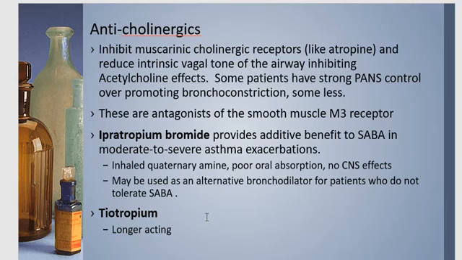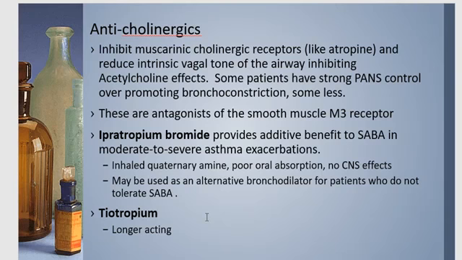There's only two drugs that are anticholinergics that are used clinically: ipratropium bromide and tiotropium, however you want to say it. Tiotropium is much longer acting, and the nuances between ipratropium are listed there. It's an inhaled quaternary amine. It has relatively poor oral absorption, so it must be inhaled through some type of inhaler or nebulizer, and it has relatively no CNS effects. So when we learn about the muscarinic receptors, that's important because several muscarinic receptors are located within the CNS compartment. Ipratropium and tiotropium have no CNS effects, and so they're very specific for the muscarinic receptors that are associated with